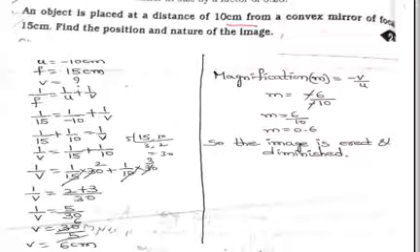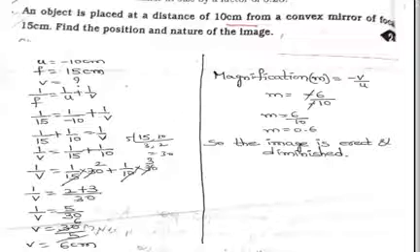And small in size means image size, when we compare with the object size, is small. So image size is smaller than the object size. That's why we can call this a diminished image. And erect image means straight image will form, and this image is not formed on the screen, we can see it in the mirror only. That's why it is called a virtual image.